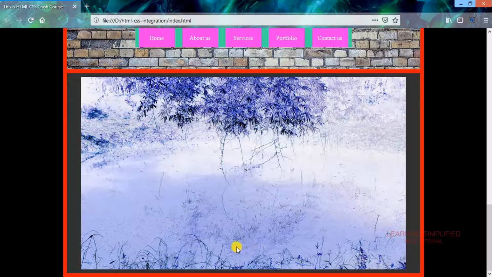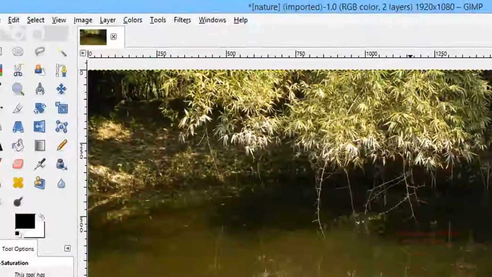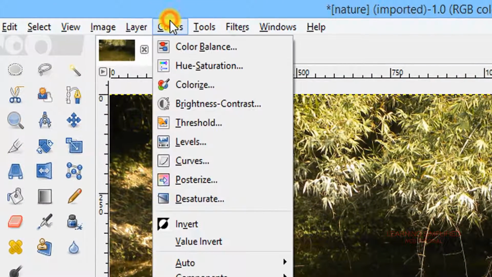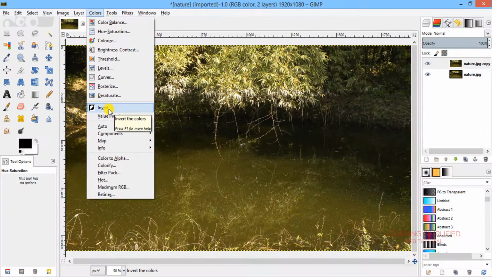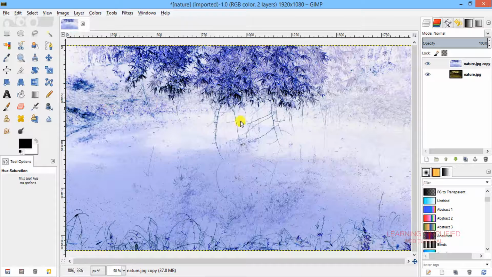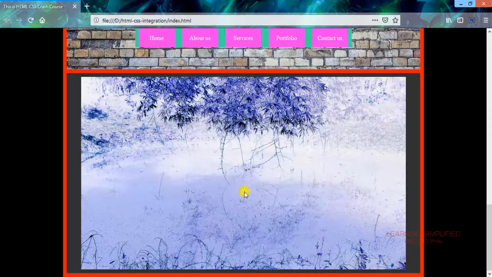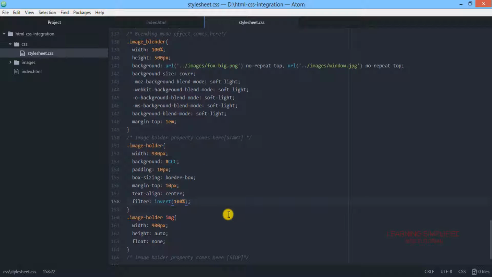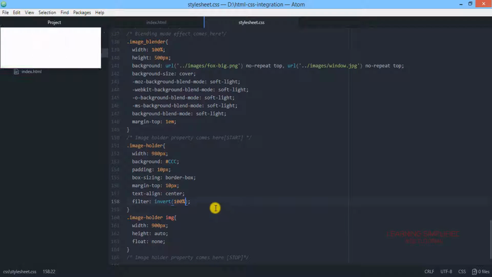So what is this invert in actuality? If we get back to this GIMP software, we can see that there comes this invert. If we invert this image, we can see that this is the similar result that we can code over here with the aid of our text editor only. There's practically no need of any external software.